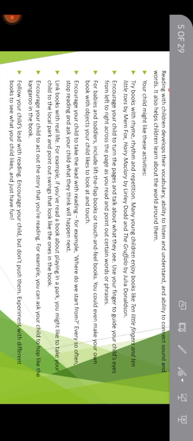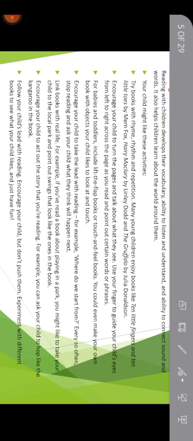So you can even make your own book with objects for your child to look at and touch. For example, you are explaining something or an object to your sister or your brother. So it is better that they can see or touch it, to feel the texture of the thing. So, is it shiny, or rough? They would know what kind of textures these are.